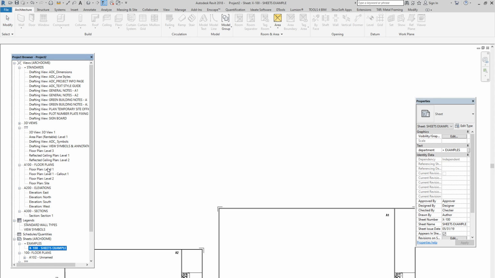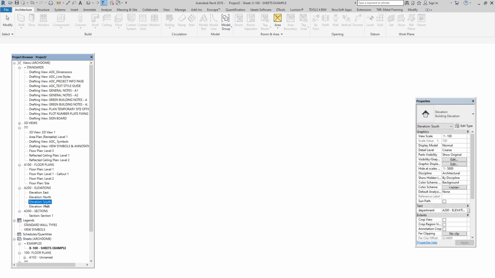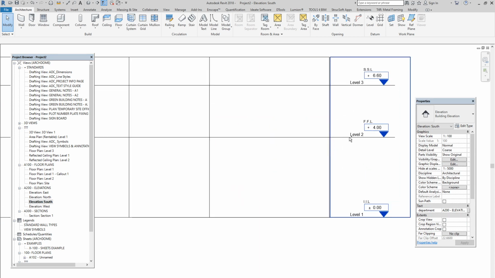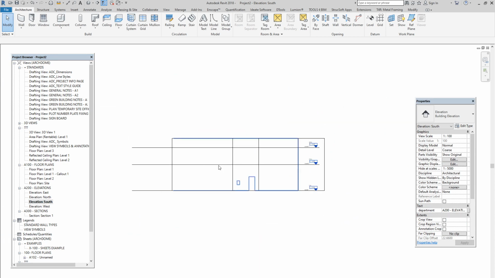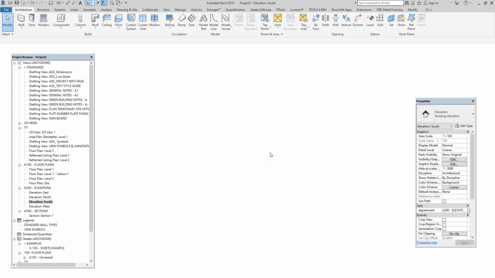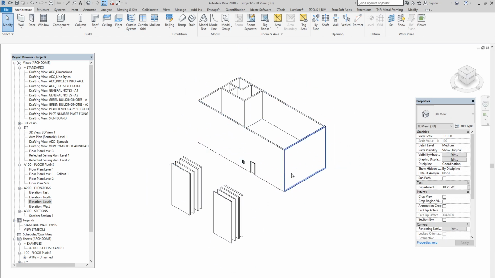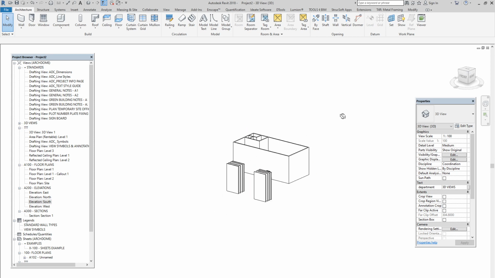some vertical view like elevation. So we have to jump into the elevation, at any elevation, at the south. Now we are not renaming the proper elevation. Now we have by default here some levels. Okay, I just want to go to the 3D view. I have these default tools which I was just using to create our